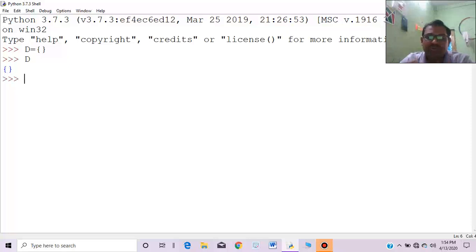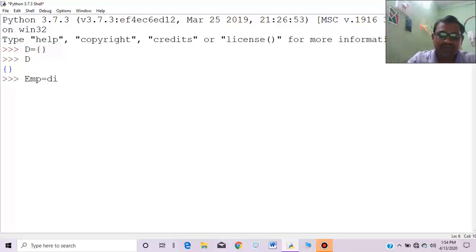Today I will explore something new, variations of the dict function. So see how it works. Suppose emp is a dictionary, and like the previous version I am using the dict function. So of course emp will be an empty dictionary.